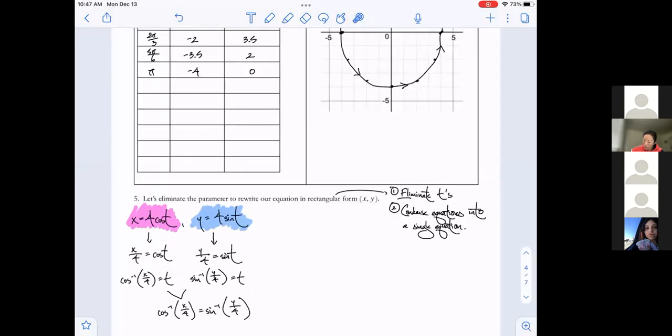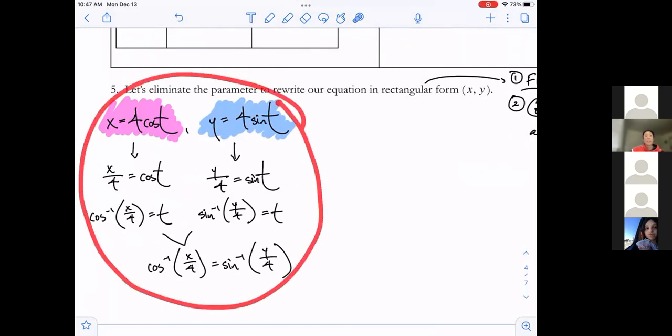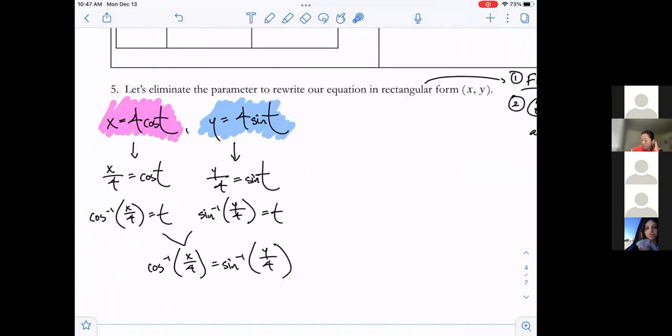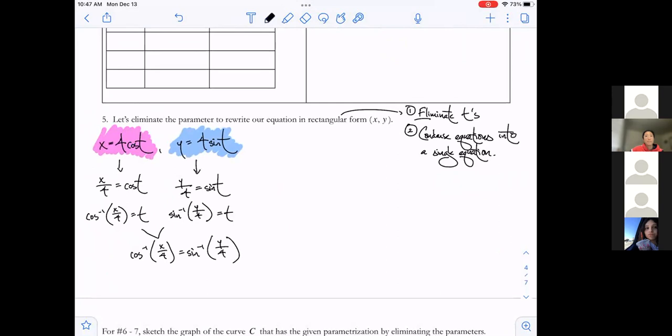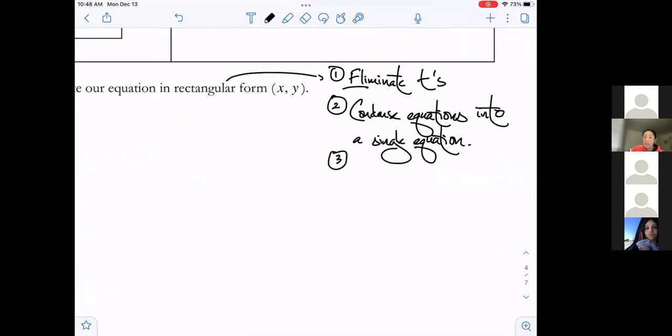And so before break, we took a look at some suggestions based off of tools that we know on how we could fulfill the requirements of eliminating parameters, which is no more t's and only one equation, right? And I said, this is great. Everything here is mathematically accurate, and it's not quite what we would do conventionally, because sort of another secret goal here in eliminating the parameters is not only do we want to eliminate the t's and condense equations into a single equation, but we also want to find a, and I'll put this in quotes,